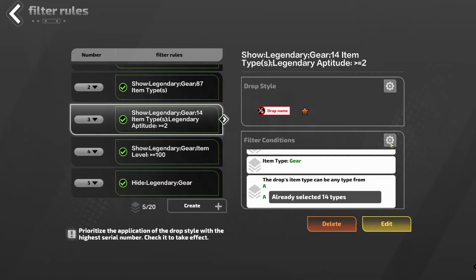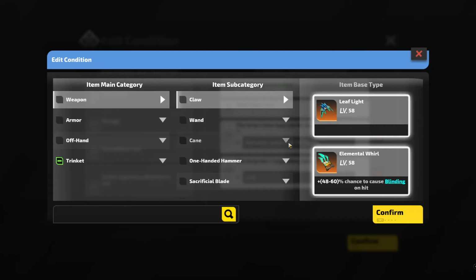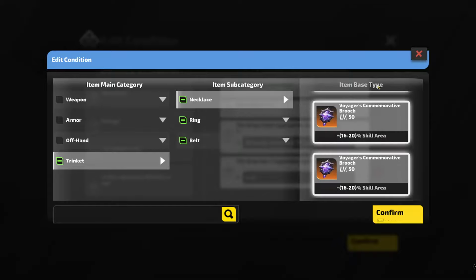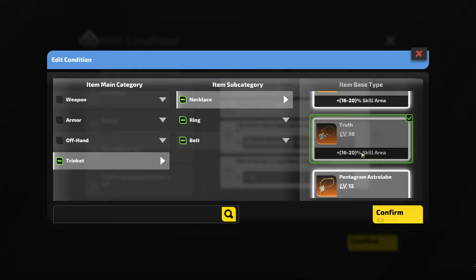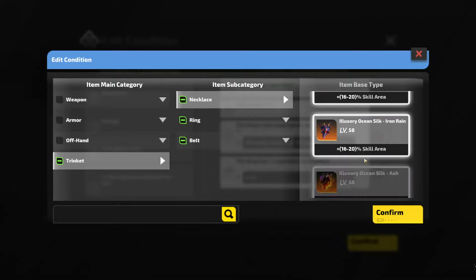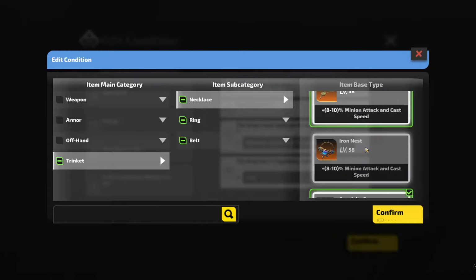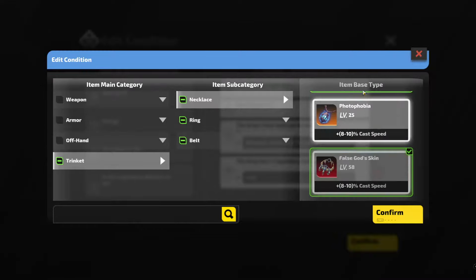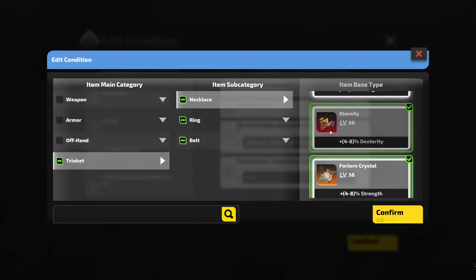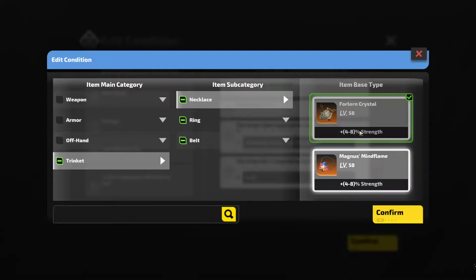Above that, I have another one where I have selected 14 items, which are, I'll show you something. So Truth, I was using Truth in my build before. I believe it's a pretty good amulet. So even non-priceless versions, I wanted to show. Same with Warden's Breastpin, same with Xbox, False God Skin, basically all the red ones, Forlorn Crystal,